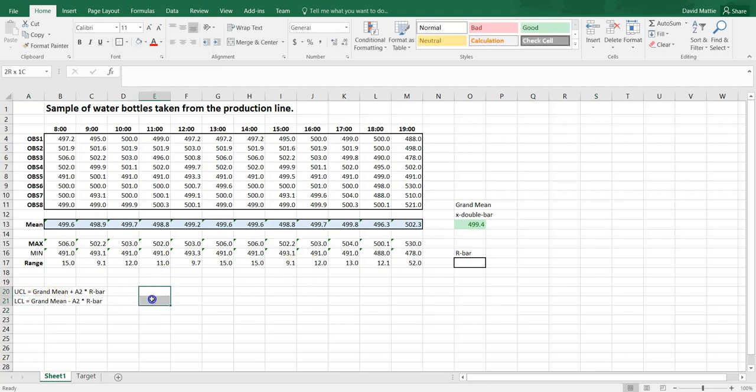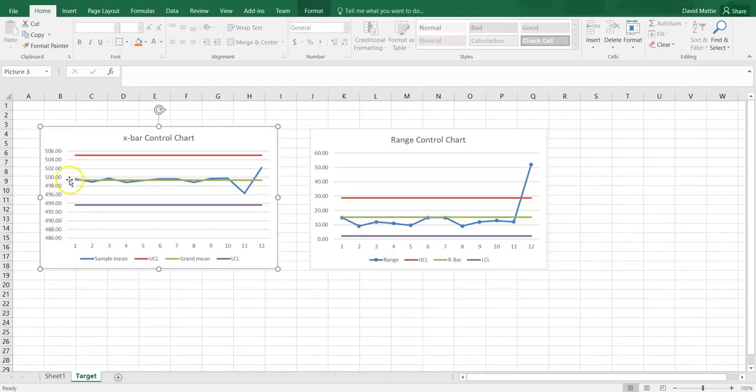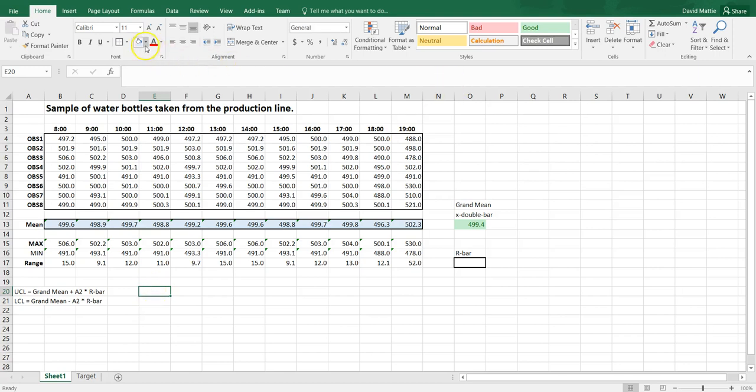So the numbers we're going to get here are going to set the targets, the red line and the purple line. I'll make it a red line, and that'll be purple. Those will be the top two lines. I'll make it white. So the grand mean is that green one, O13,